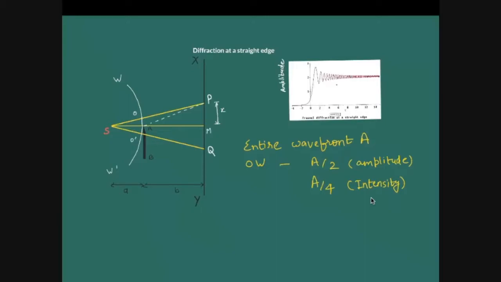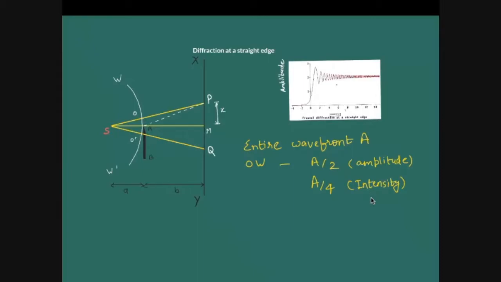So let's say two zones are coming in. So the intensity because of two zones other than, so A by 2 minus two zones. And you know that the corresponding values of intensity when we go towards a higher number of zones decrease exponentially. Therefore, you get such an exponential decay when you enter into the shadow region. So now let us consider the number of half period zones in OA, and we are going to consider the path difference when we want to look at the intensity at point P.